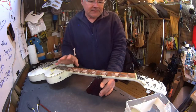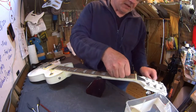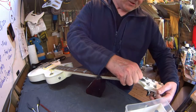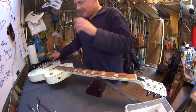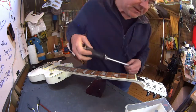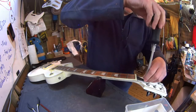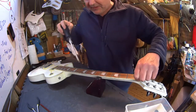Okay, so yeah, that's my view. I'm going to do the fret leveling first, and then I'll take every bit of component off, and then we'll redo it from the ground up. Now as I take the thingies off, I do need to replace the nut now. It's just getting these things in a kind of sensible order. Let's get access to the truss rod, and these are the different screws. So we'll get access to the truss rod, and we'll get the action set up with a new nut, exactly, irrespective of the mucky fingerboard,